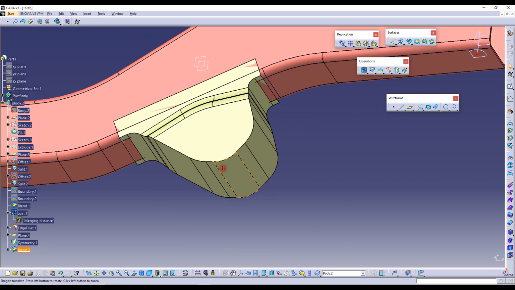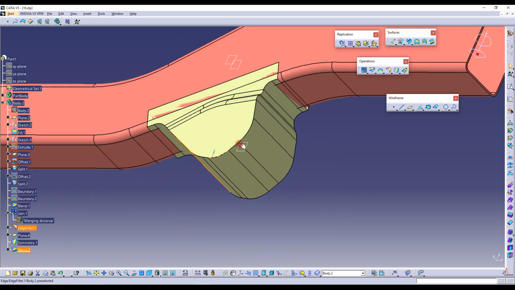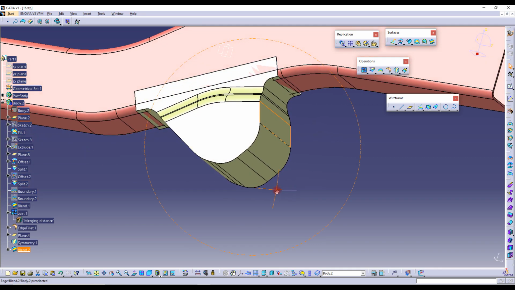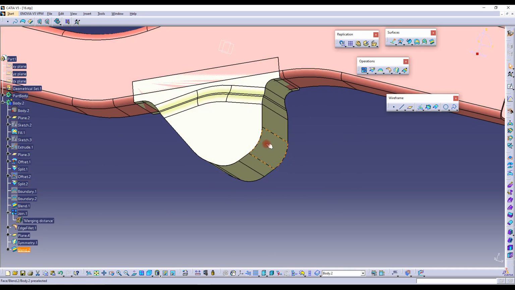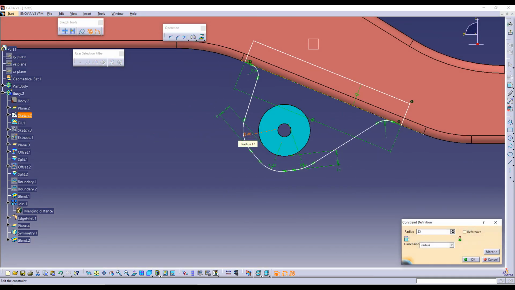So for that, we need to create one sketch on this plane and another sketch on this plane. And then remove this material or remove this surface over here so that we can get the cutout. So let's see how to do that. First, let us reduce this fillet because this fillet seems to be very high. Reduce it. Let's keep it at 25